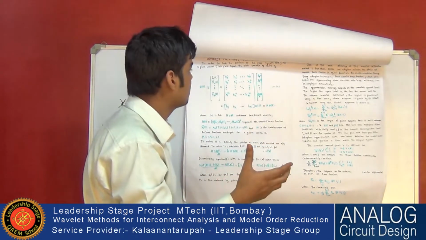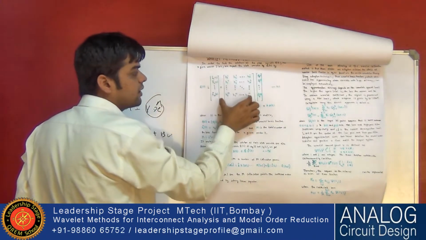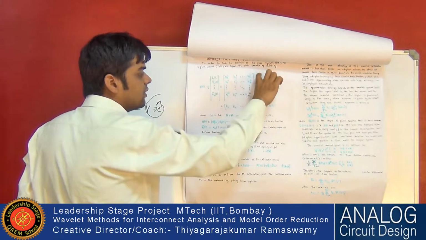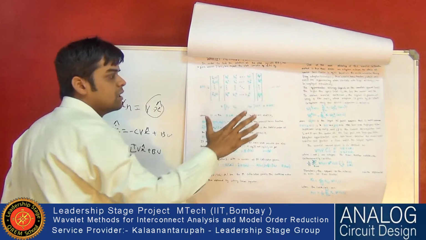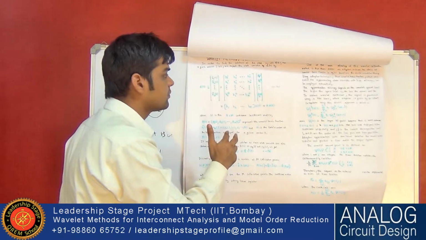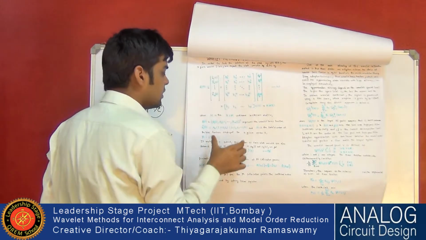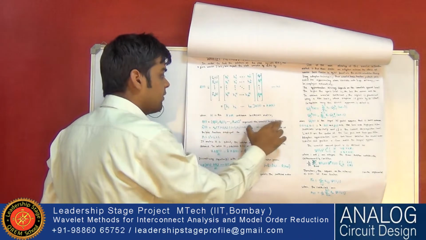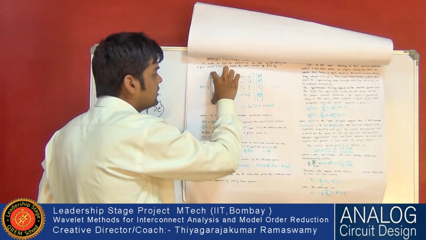In multiresolution analysis, this x(l) is represented by these matrices H1, H2, up to Hm. These coefficients are calculated by applying the discrete wavelet transform to x(l). So x(l) equals the coefficients times theta(l), where theta 1, theta 2, up to theta m represent the wavelet basis functions, and this is the coefficient we want to compute.